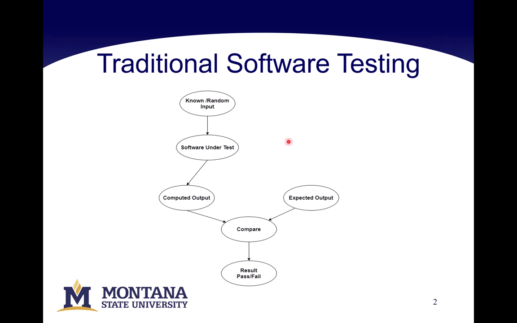To test software under traditional software testing, we need to generate test cases at first. These test cases can either be known input or randomly generated input. Then we run those test cases on the software under test and execute them. From the execution, we get the computed output